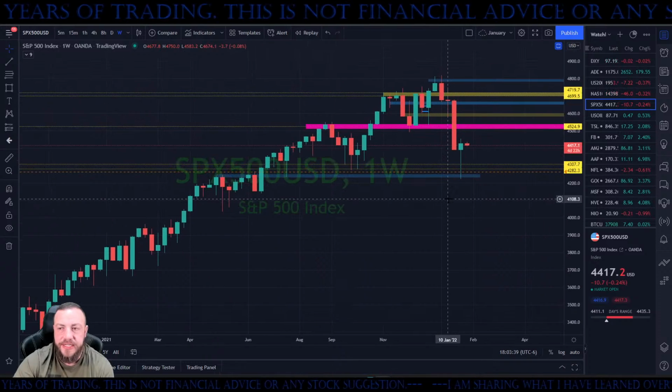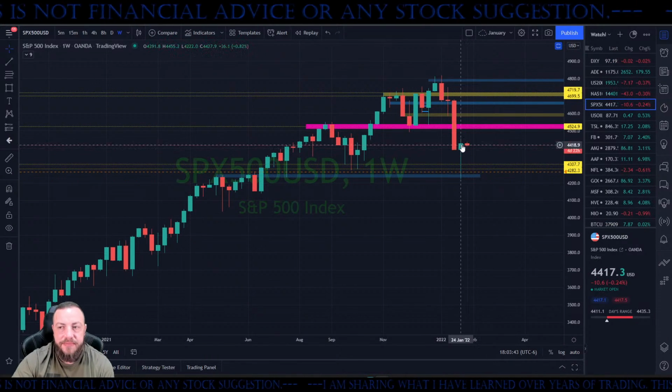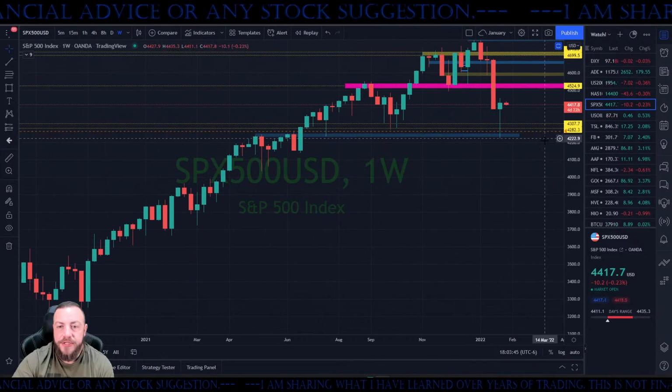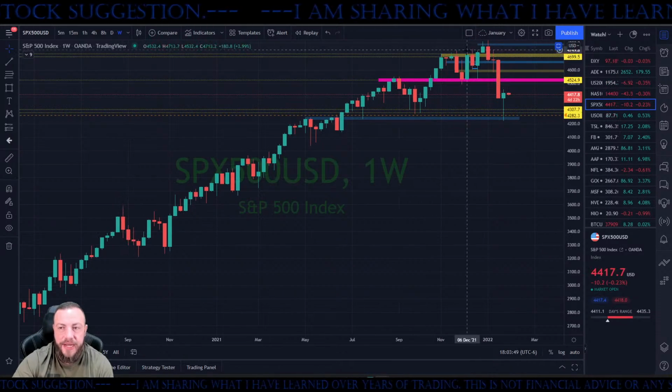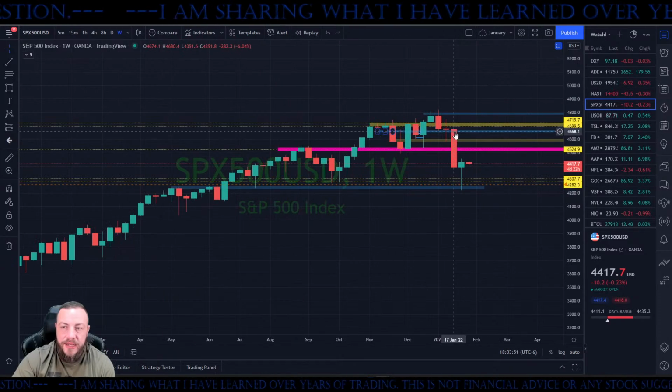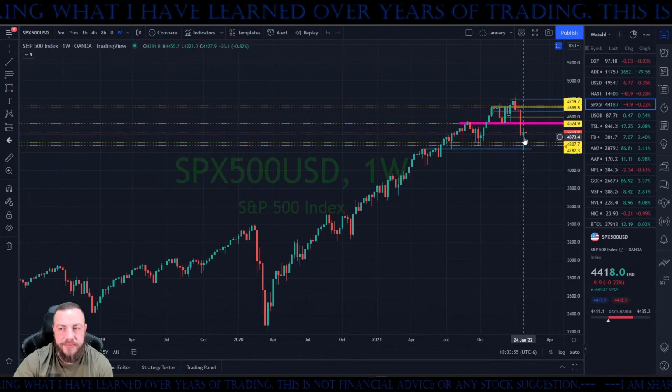So the general context of things is, hey, we're down, but this might already be a dip buy for the bears. Now, if we were in a bullish market, most of these hammer candles I just showed you are in a bullish market, where we're kind of buying the trend. And looking at the weekly, this isn't so bad. We just broke some lows, but